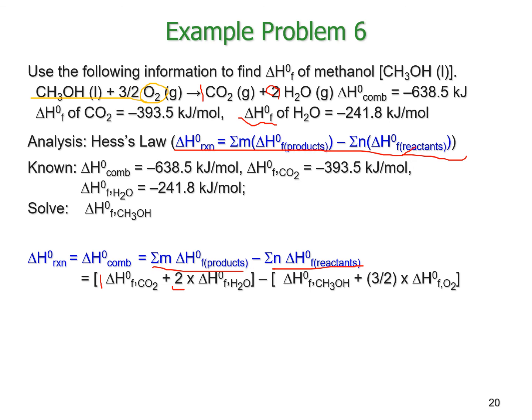So these are the products. Minus the standard heat of formation adding up from the reactants. I have a 1 for methanol, so that's one here. And 3/2 of O2, 3/2 times the standard heat of formation of oxygen. All right, now